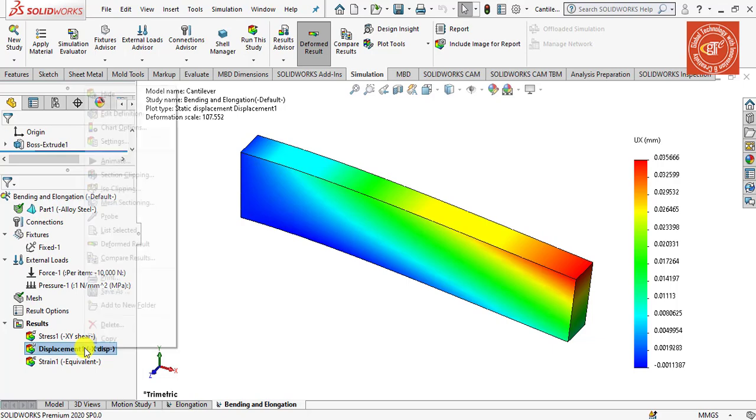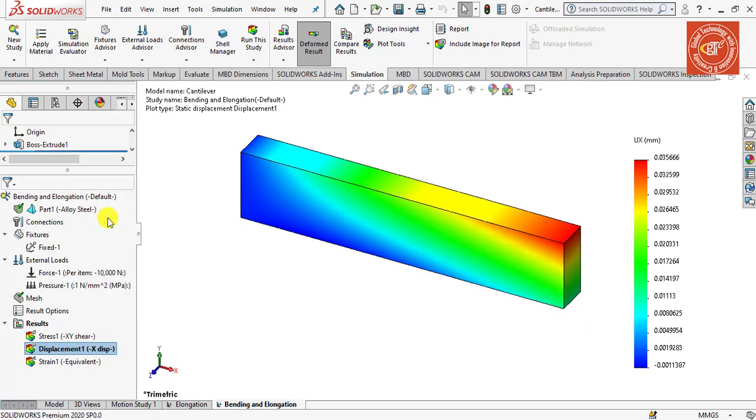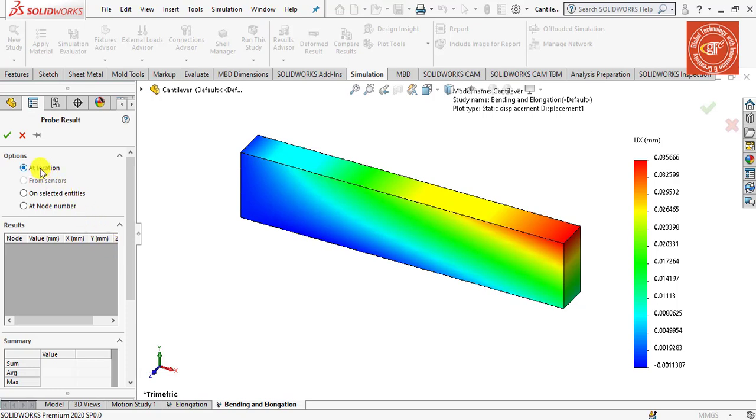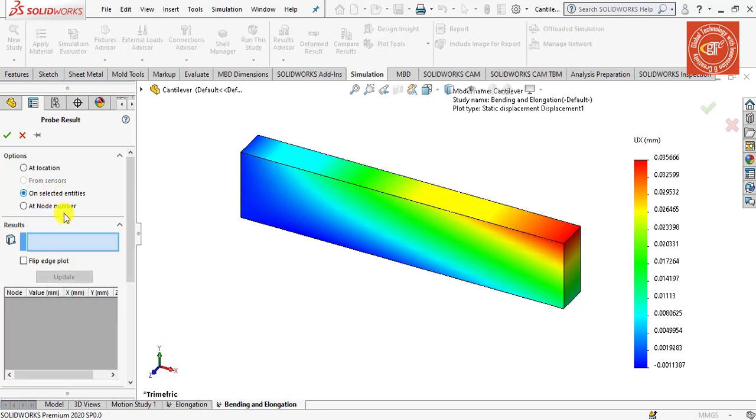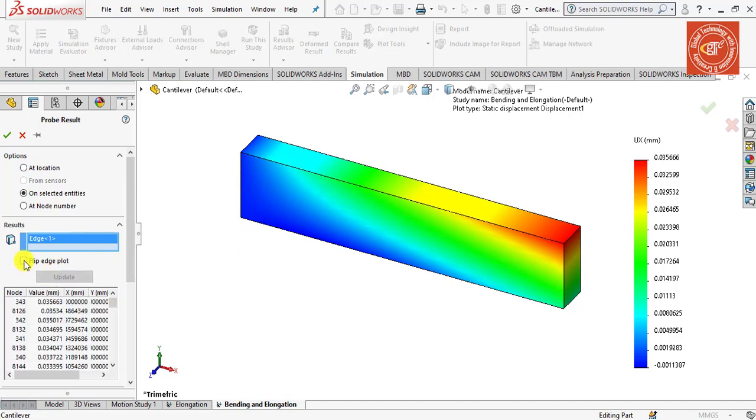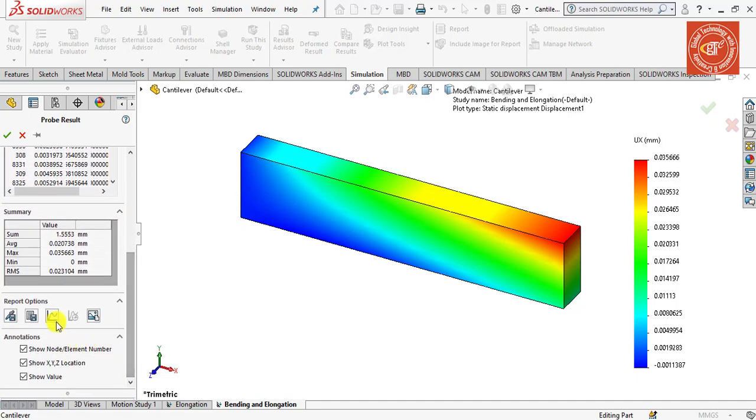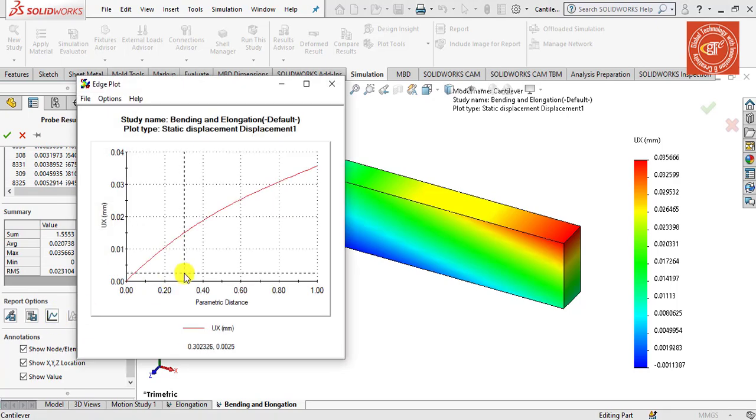And then again move to the displacement 1, right click on it and click probe, and then again repeat the same steps as we did before. First select the on selected entity, select this edge, update the values, check this checkbox and click the plot, and here you see the plot along the upper edge in the x direction. So these are the displacement values of UX along an upper edge of the cantilever beam. Okay, now close the graph